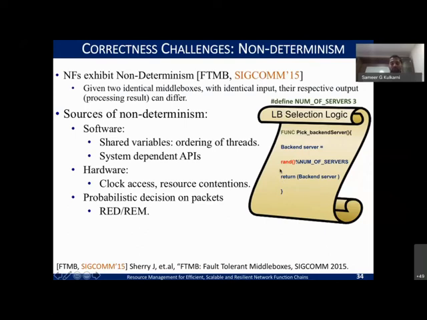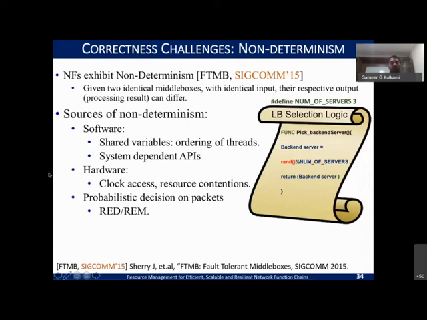You choose a random number, and based on that random number, you choose the server that you want to pick and assign that server. Right? Now, if I execute this logic on one server versus another server, the output of this RAND would vary at different points. Although the same packets arrived and the same processing happened, the logic will end up choosing a different server at a different instance. So if you have these kinds of characteristics in software, you are going to end up having a lot of non-determinism in processing the packets.